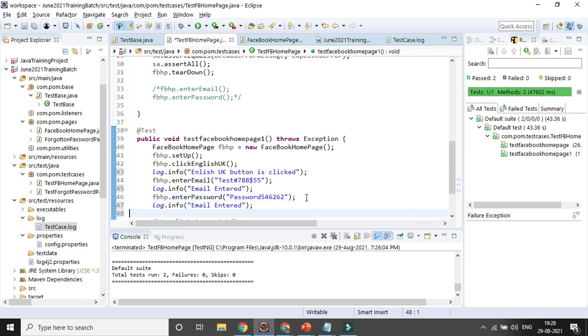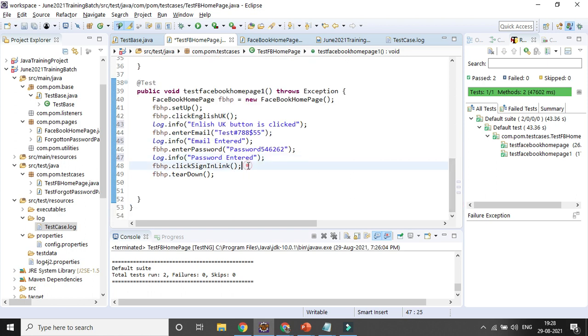So you can get some flow from that, that your application is working properly, and then you can give sign in button clicked. So that's how you can update it.